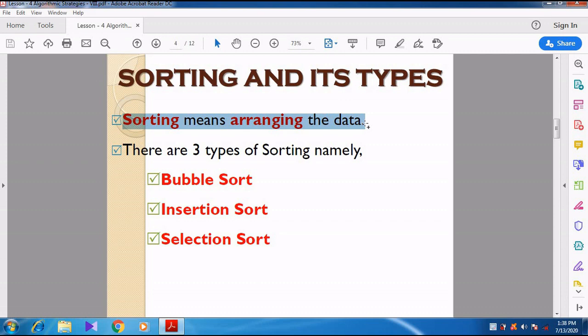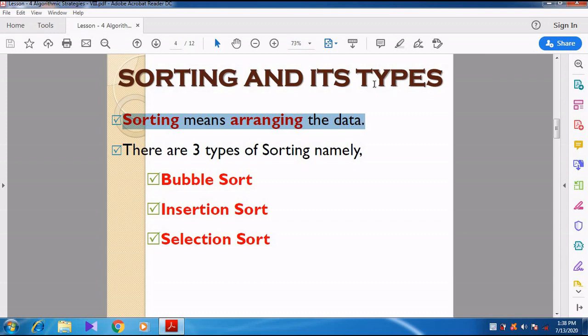So the arrangement is done by name in alphabetical order. Like that, here, sorting means we are going to arrange the data. The arrangement may be either in ascending order or in descending order, from small number to large number.